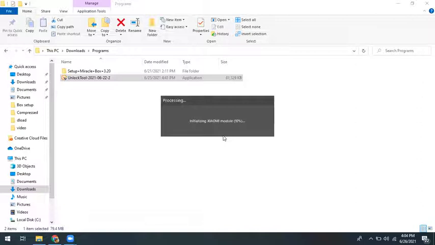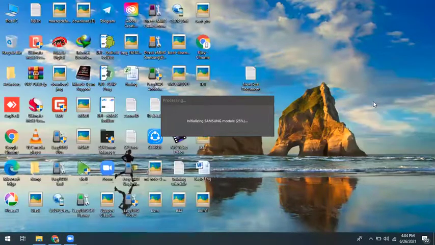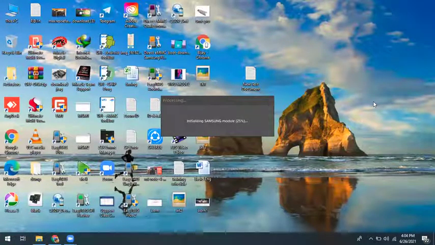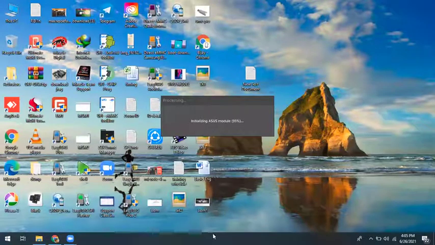While you log in, it starts initializing all brands modules. Now it is loading all modules and lastly it is restoring the settings.